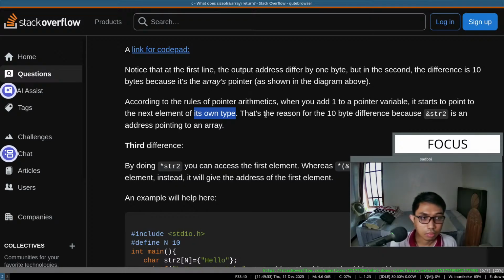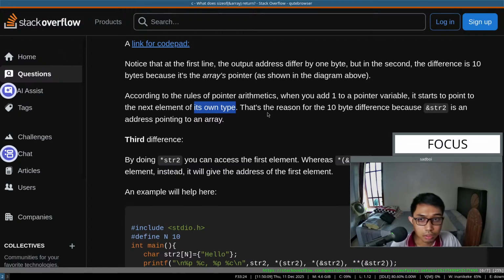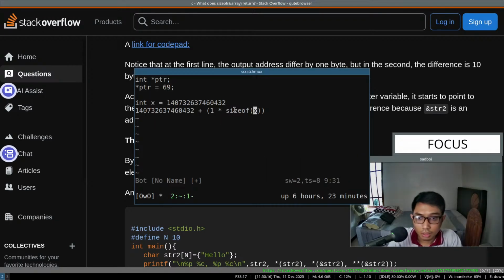For the 10 byte difference, because str2 is an address pointing to an array, the 10 bytes difference is so that it points to the next element of its own type. So let's say we have 5 index, what is it called? Array of